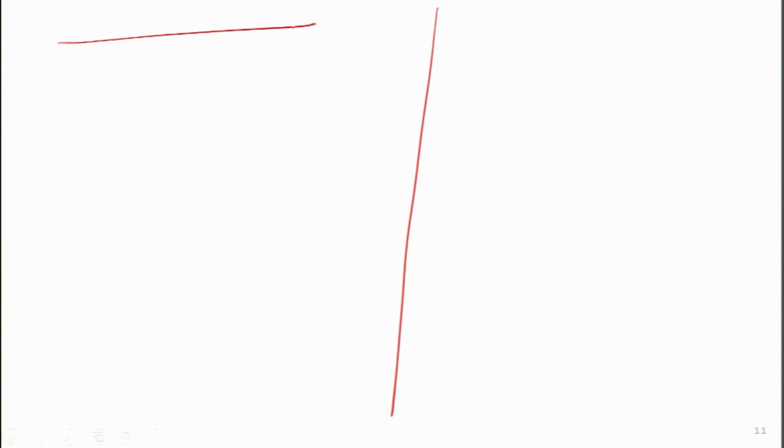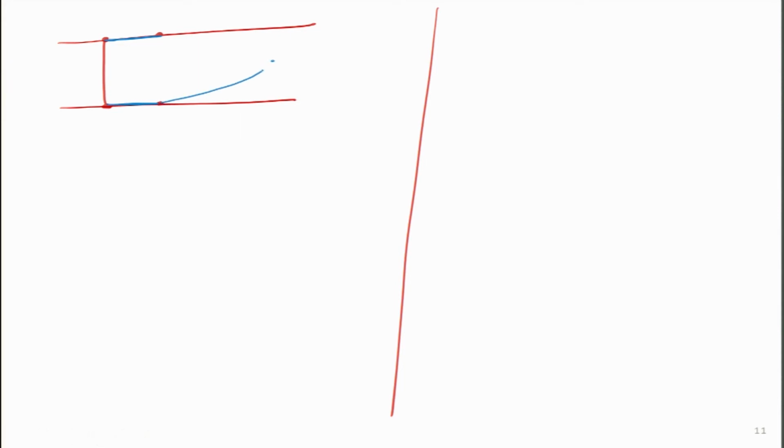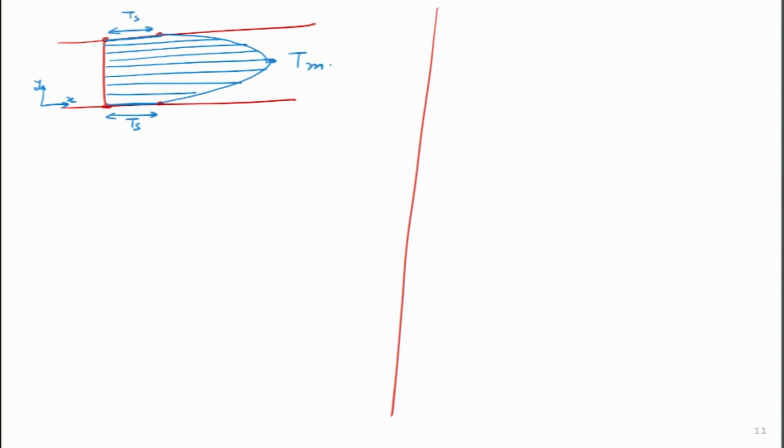So I will draw these two flat plates over here again. Let me draw the temperature profile. If the temperature here is Ts, so if I represent the temperature with length, but I will not put any arrows. So in the middle we will have high temperature, something like this, and then at each point I know the temperature just by measuring the length of these lines. So if I put the axis over here, this is x, this is y, and this length represents Ts over here, and in the middle the temperature is T max.